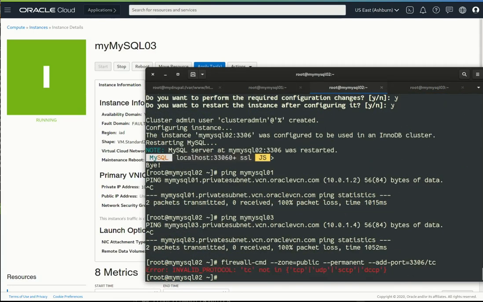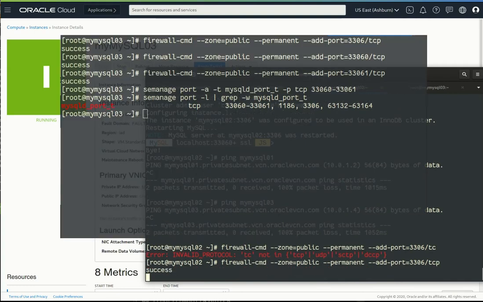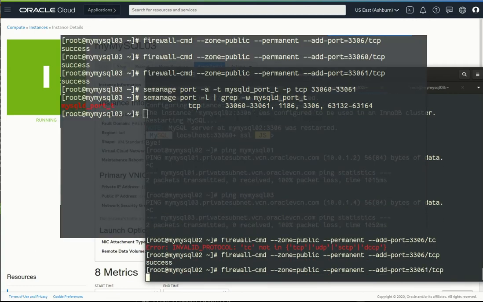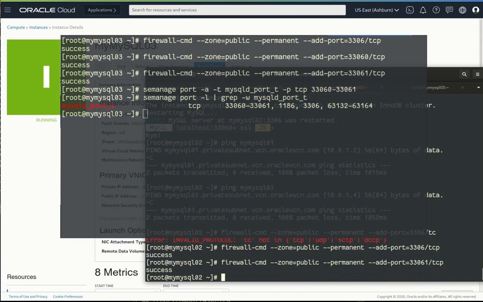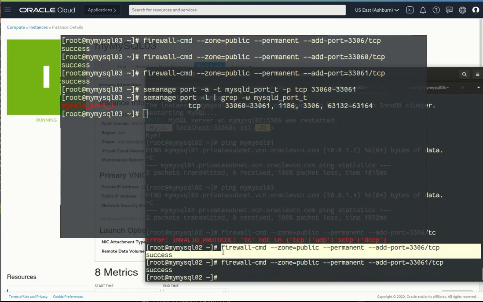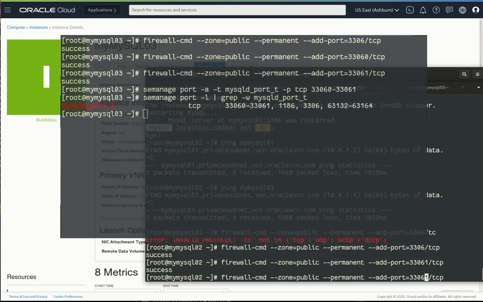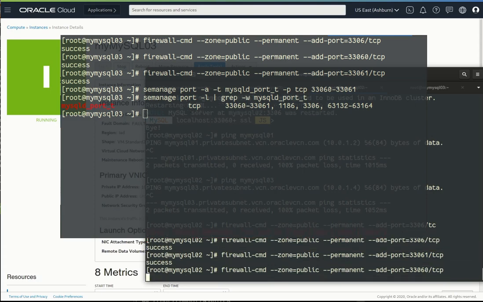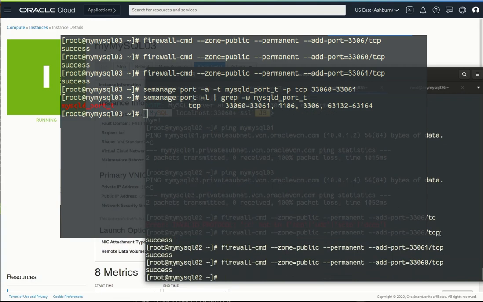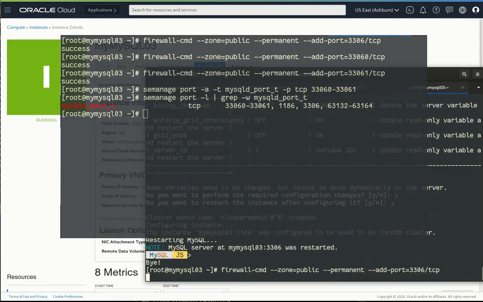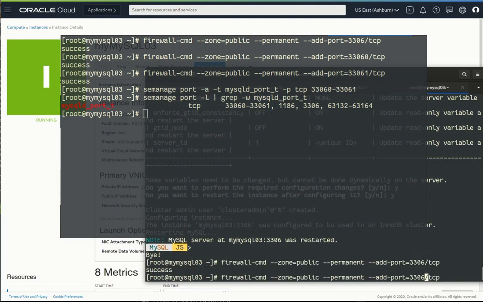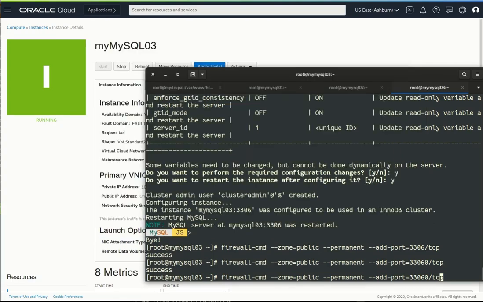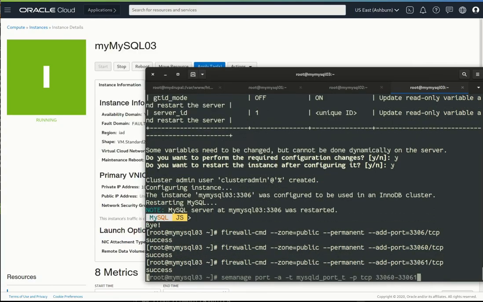Yes. It will start. Then we also need to do all the usual changes for the firewall, reload the firewall, change the SELinux port and everything. I already did it several times, so you can see here on overlay the commands, and don't forget to reload the firewall. And you also have that information on the blog post on lefred.be. So when we have done all these commands on the 3 servers,